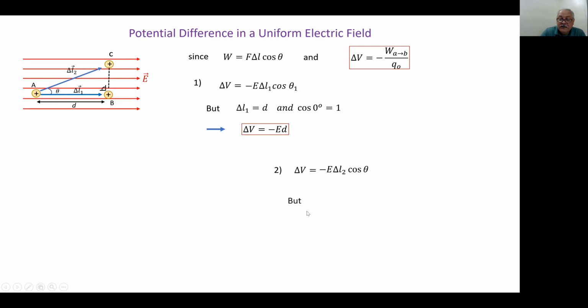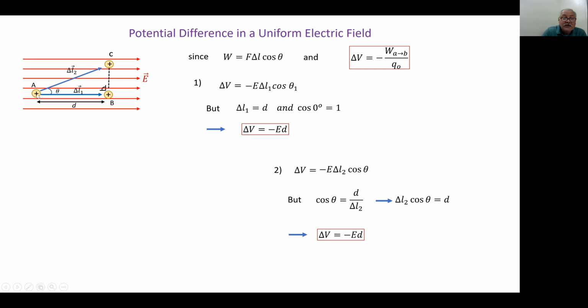Okay, perfect. But what do we have? Cosine theta, because we create a triangle, right? Cosine theta equals D divided by delta L2. From here, we solve for delta L2 cosine theta, which is in this equation, and that equals D. Perfect. And then what do we have? We have that one more time,